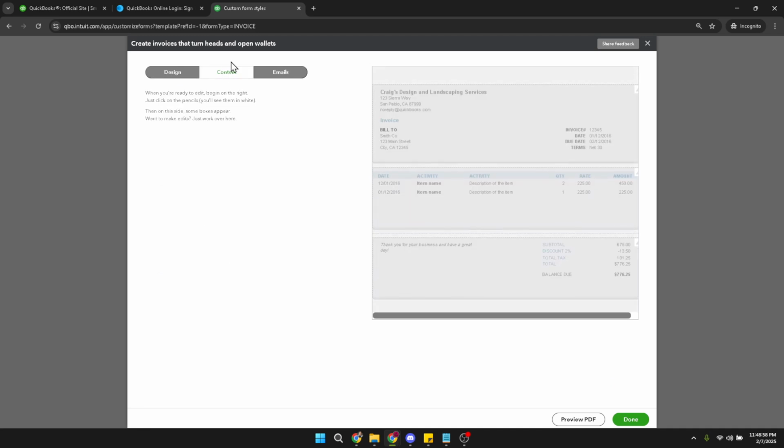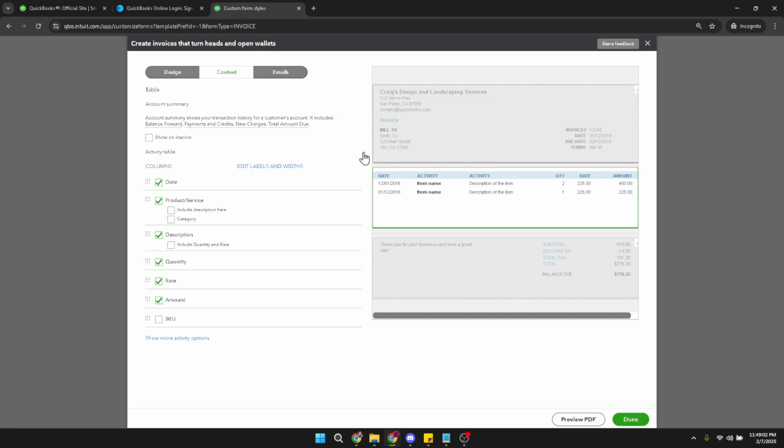Now direct your attention to the second part of the invoice. This part of the invoice typically displays the detailed line items, which we'll adjust next. You'll want to begin by unchecking certain boxes to remove the detailed elements. First, find the checkbox for product or service and uncheck it. This will take out the specific product or service names from appearing line by line on the client's invoice.